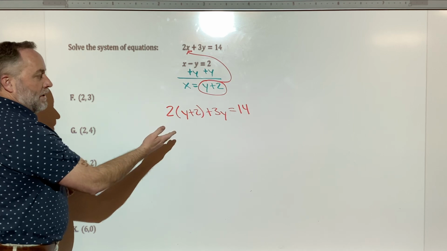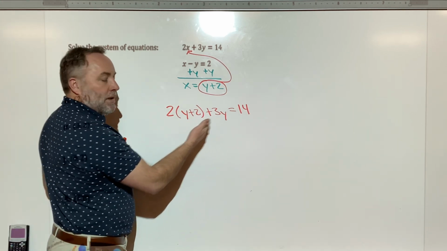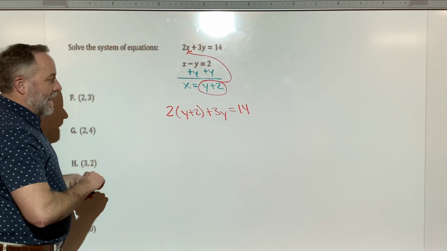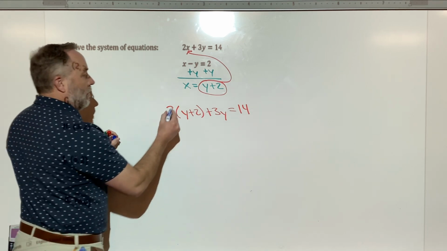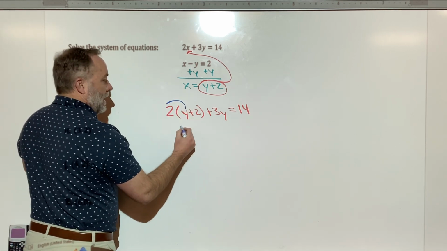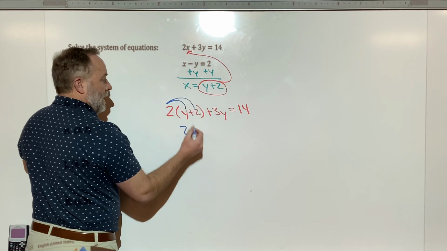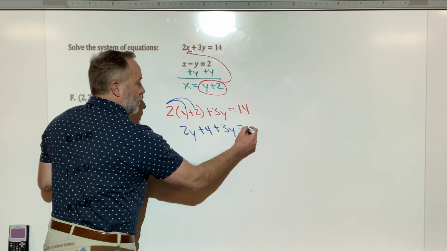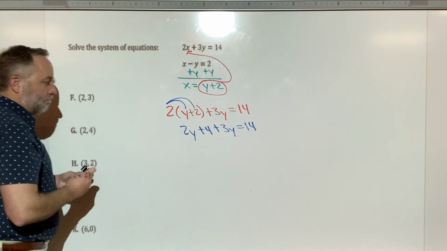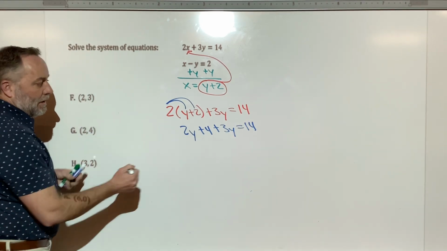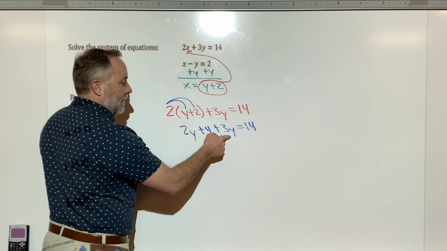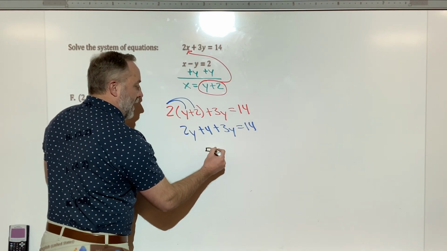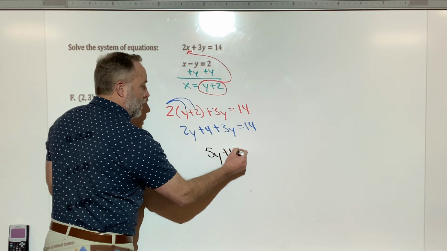The usefulness of this strategy is now we have an equation with one variable and we can just isolate that variable to solve for it. So distributing here, 2 times y is 2y, 2 times 2 is 4, then plus 3y is equal to 14. Combining your like terms on the left side, this 2y and this 3y combine to be 5y plus 4 is